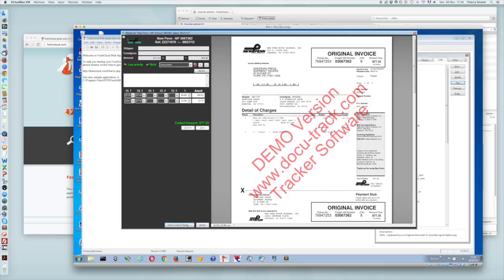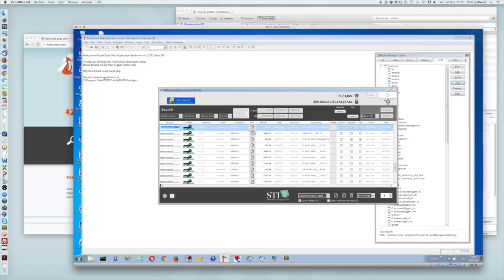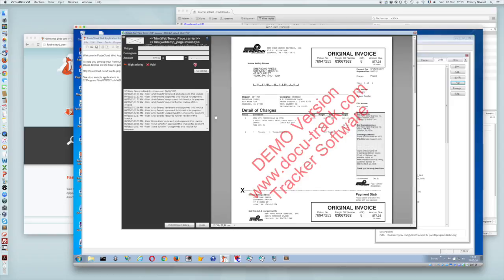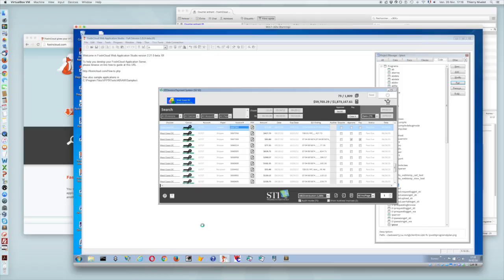And then you will see that this operation is going to be included in the notes. If you get back here, you can see that this GL coding operation was included automatically in the